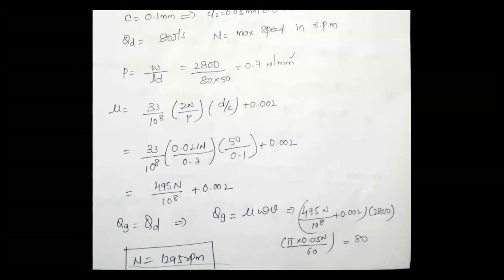So this is another important type of problem. Almost all the problems are like this only. Either they will ask for speed, or for coefficient of friction, or for the Sommerfeld number. Even the Sommerfeld number involves Zn by P and D by C values only. There is nothing new. Each and every problem will be like this, based on these formulas only.